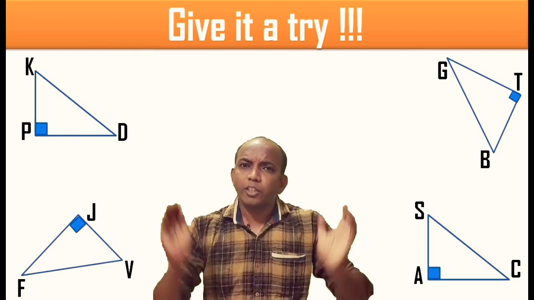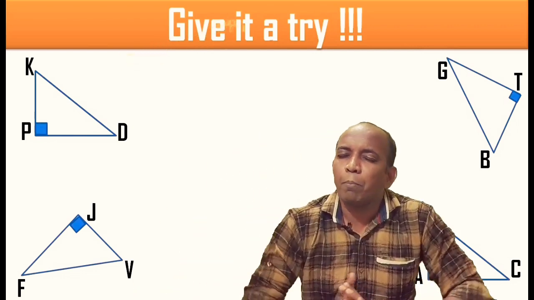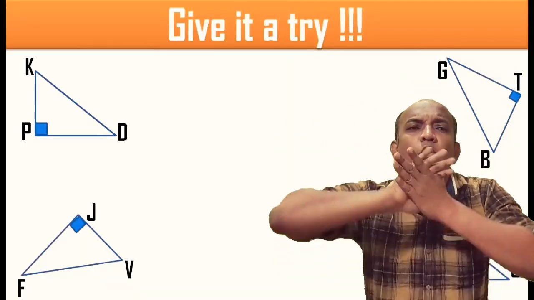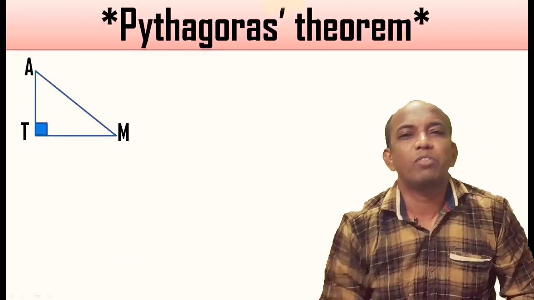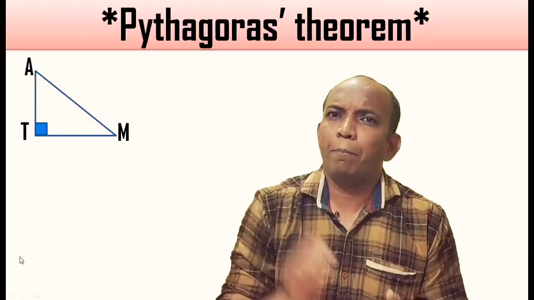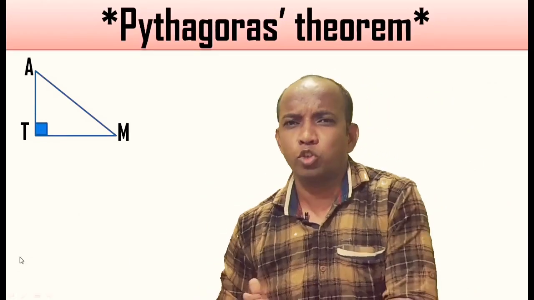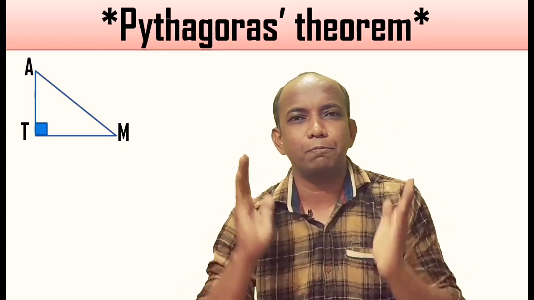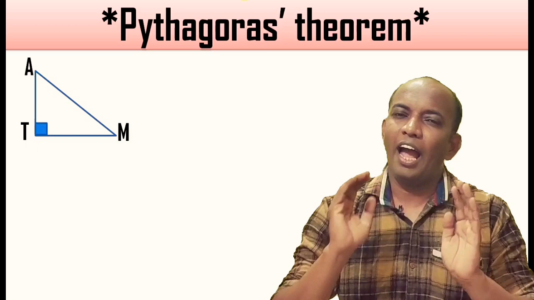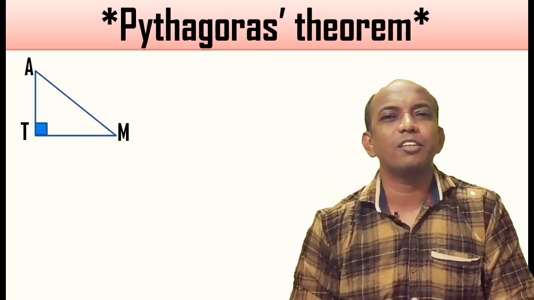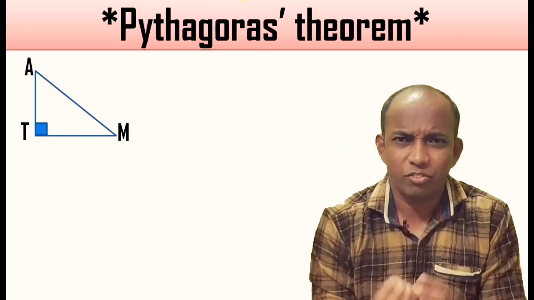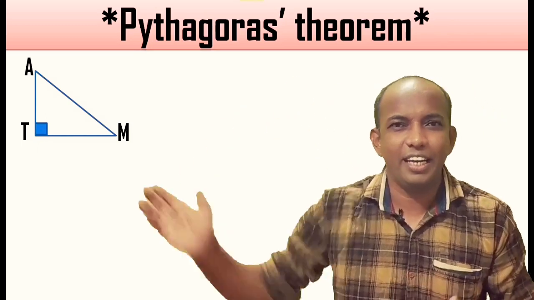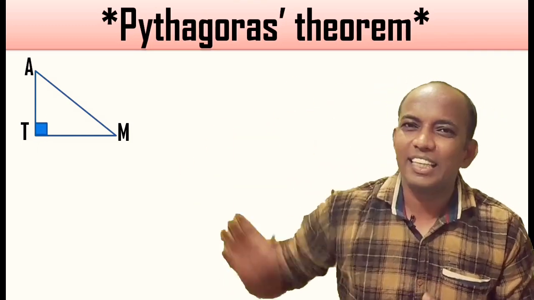Correct? Let's move on and let's bow to the god of geometry, Pythagoras, because we are going to begin with the theorem of Pythagoras now. Pythagoras is one of the gods of geometry who worked day and night to find the relation between the sides of a right angle triangle, and he found one relation between these sides. And what he has found, very first consider a right angle triangle, triangle ATM, in which angle T is 90 degree.